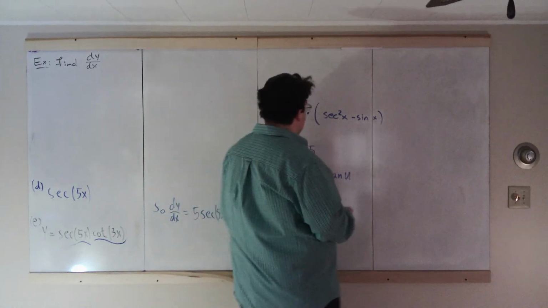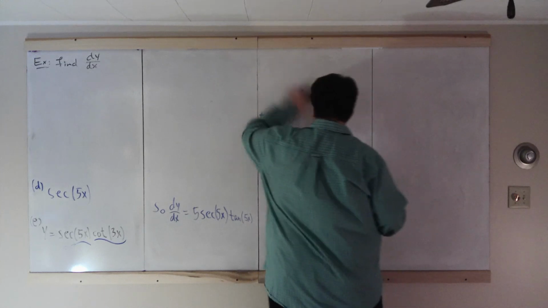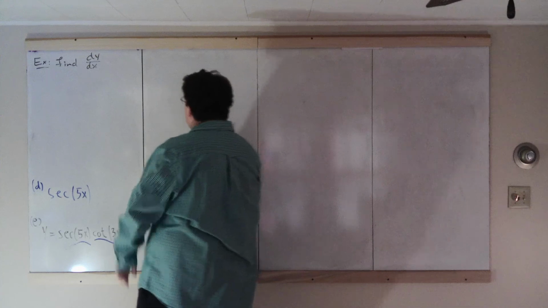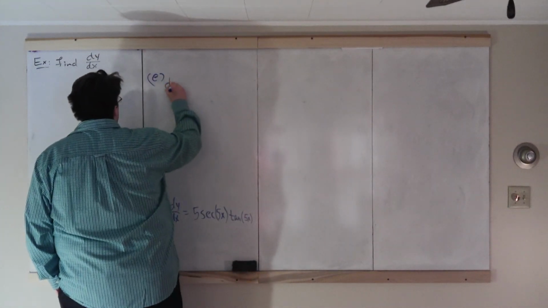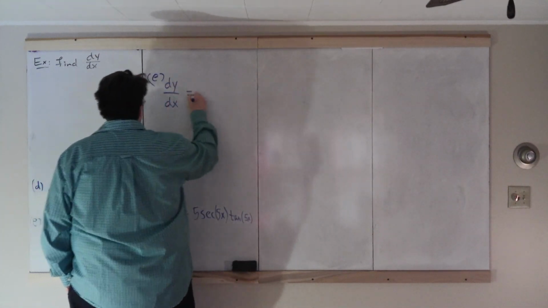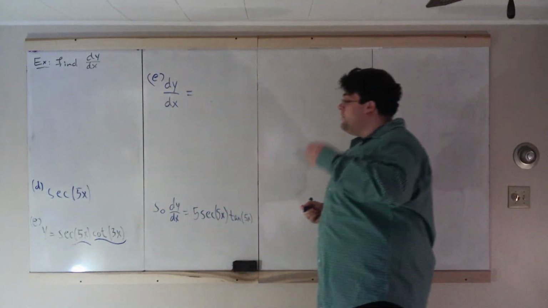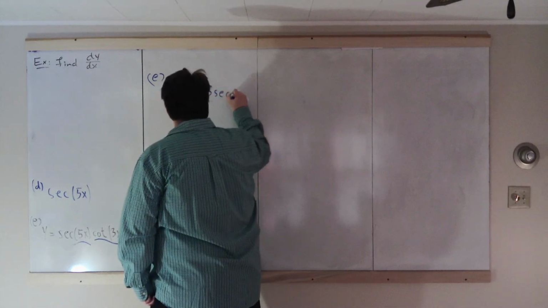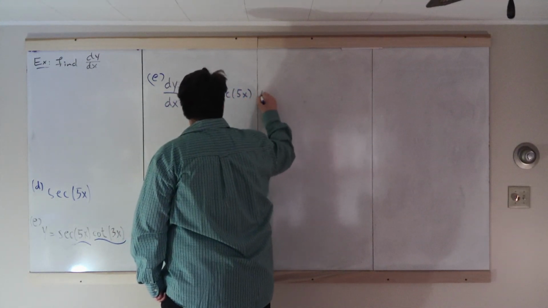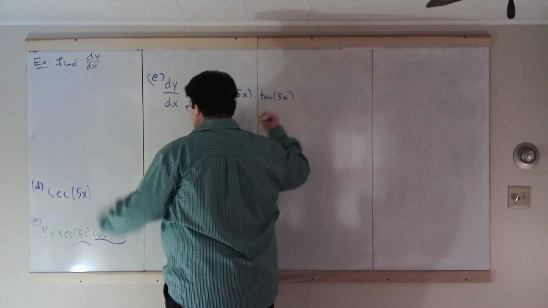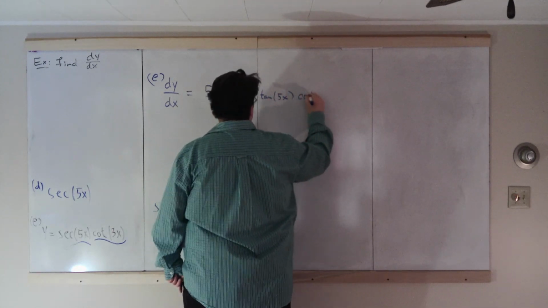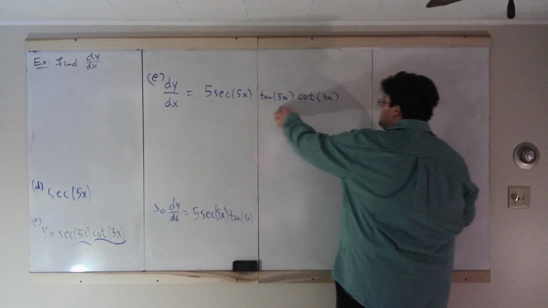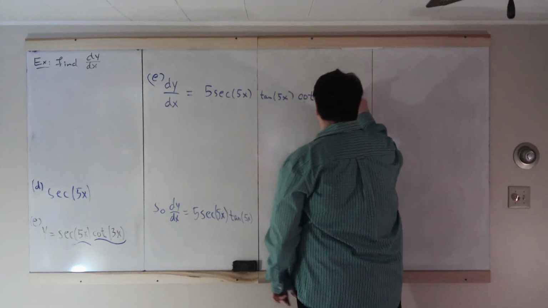So let's do that up here. Part E. dy/dx equals, well, it's a product rule. Derivative of secant 5x, well, we just found that down here. So 5 secant of 5x tangent of 5x times the second, cotangent of 3x. So we have derivative of the first times the second plus first